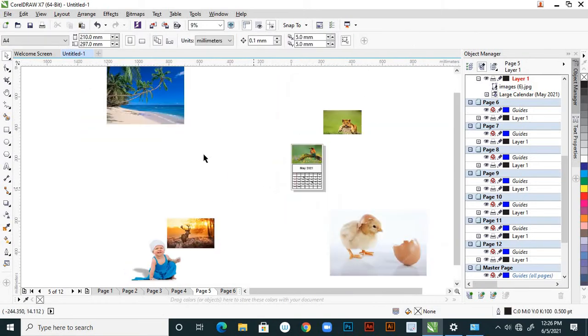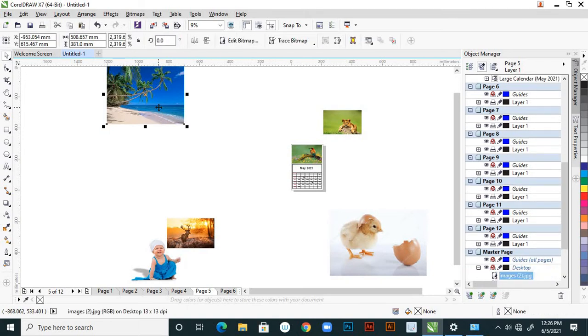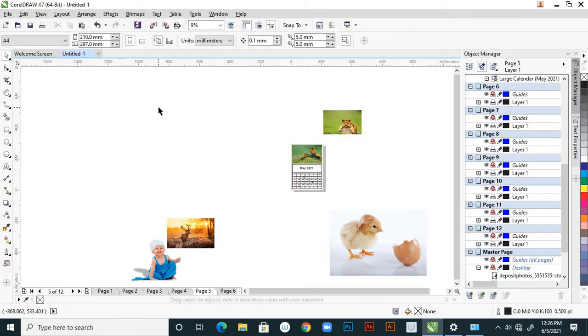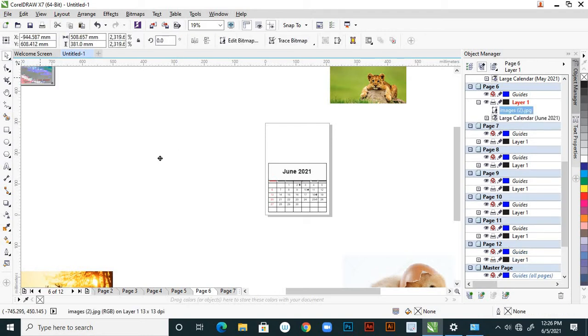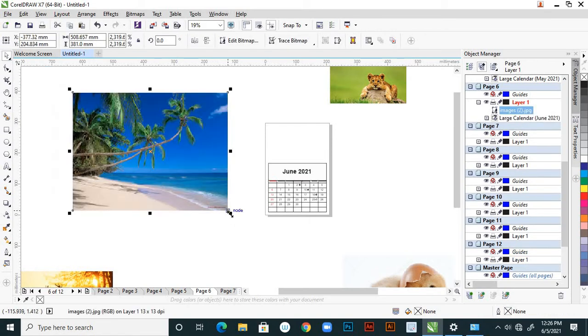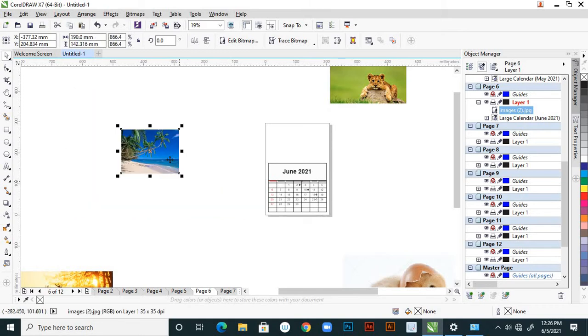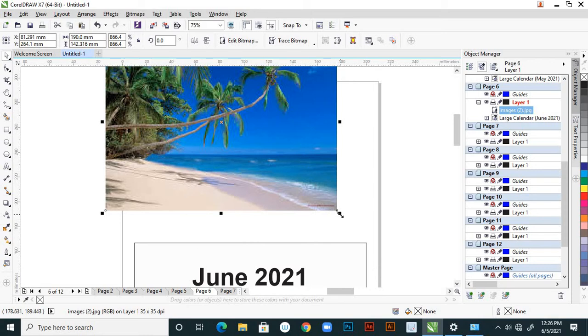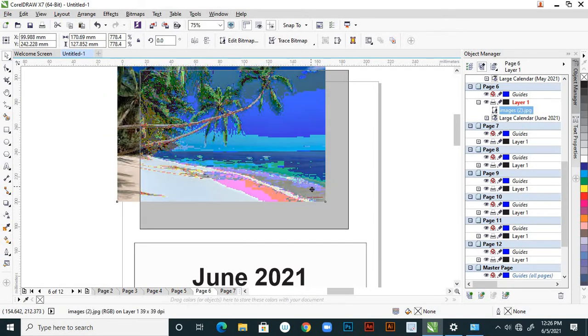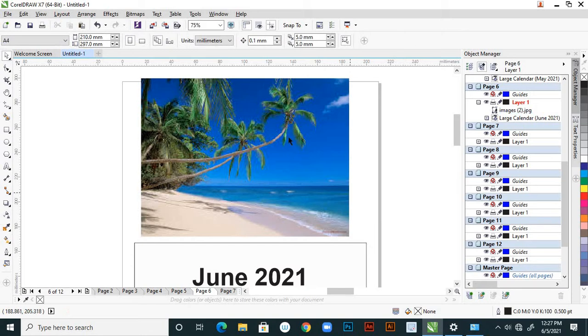And then now select this one, Control X and come to the sixth page and Control V and drag this here and resize this and get here and place that area,